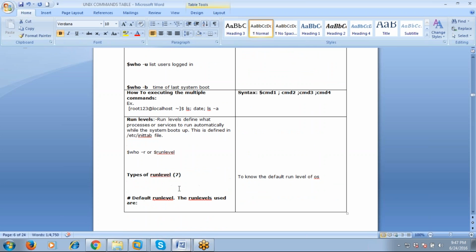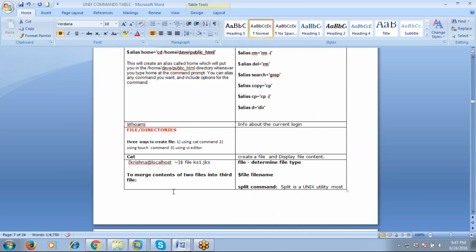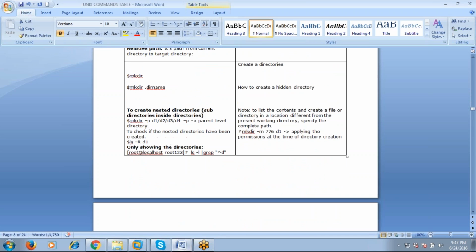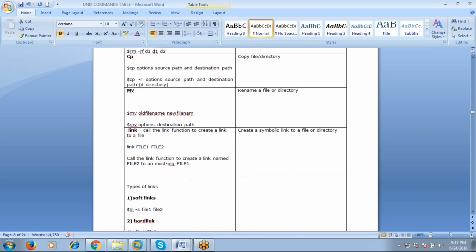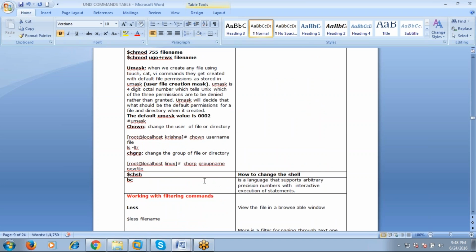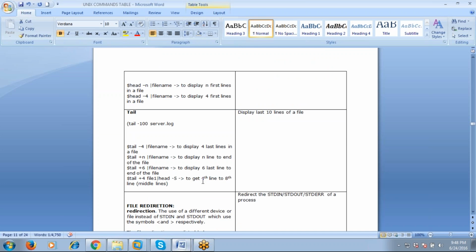Then the who command, run levels, aliases, files and directories, how to copy, what links are, soft links and hard links, working with file permissions, working with filtering commands like tail, head, less and more commands,